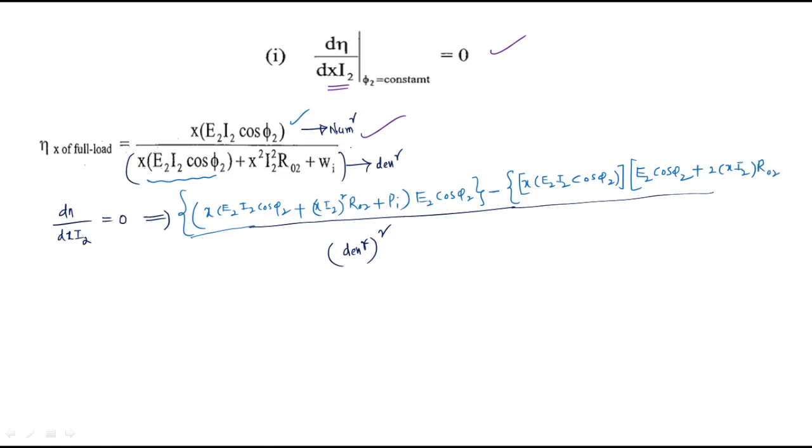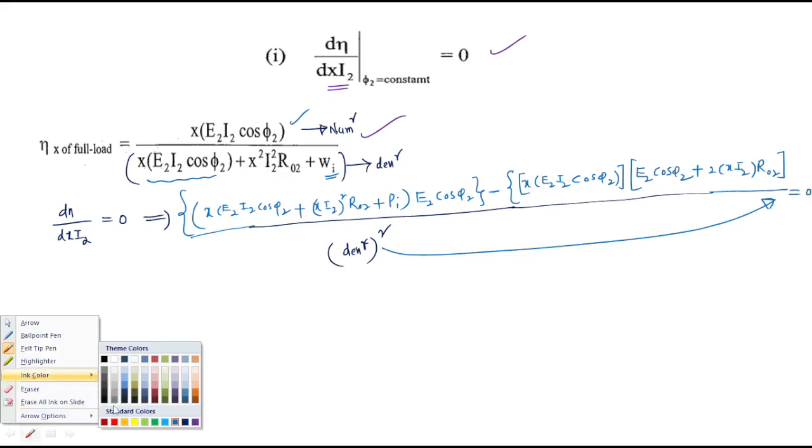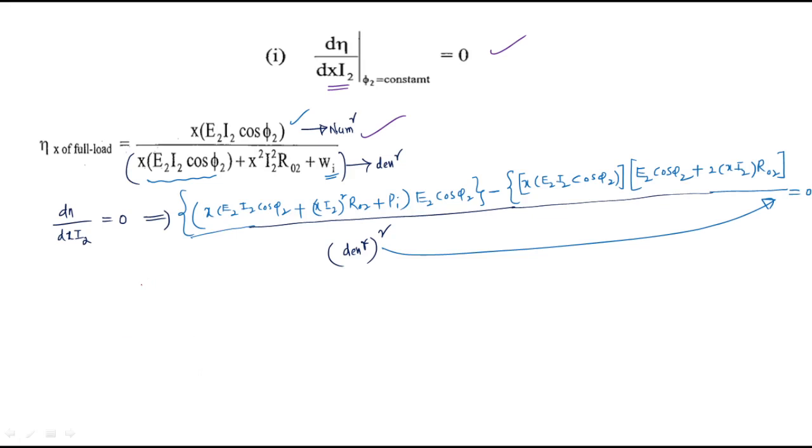r02, right? What about this iron loss component? That is constant, therefore that is treated as 0. With respect to xi2 only we have to differentiate, which is equal to 0. From this term should be equal to 0. Therefore the only component which is present is x e2 square i2 cos phi 2, right? Like that, plus x i2 square